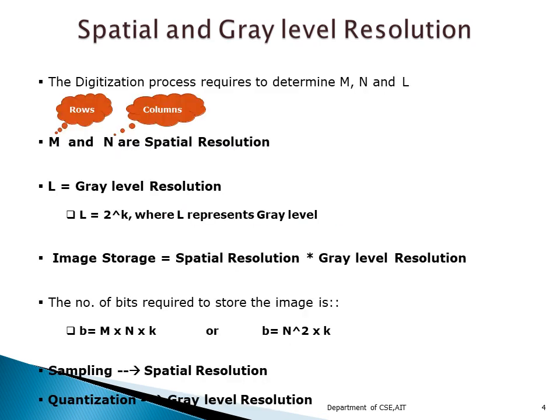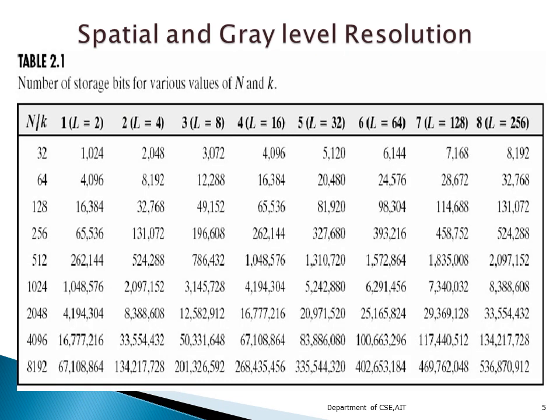The number of bits we have is equal to m into n into k, or it can also be written as b is equal to N to the power of 2 into k. So here we have b is equal to m into n into k. So this 1024, how did we get this 1024? We know that the level is equal to 2 over here. If the level is equal to 2, it means the k value is equal to 1. So 2 to the power of 1 is equal to 2. That 1 is nothing but the k. So here the number of bits can be got by N into N, that is 32 into 32 into k, which is equal to 1. So you are getting 1024.